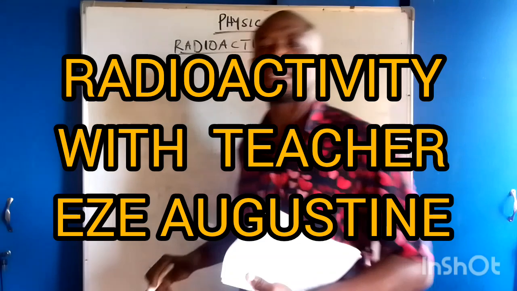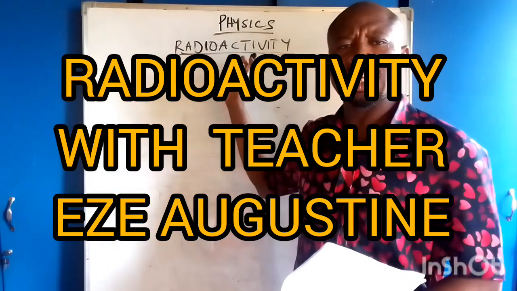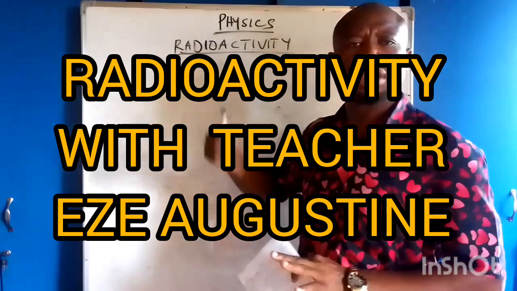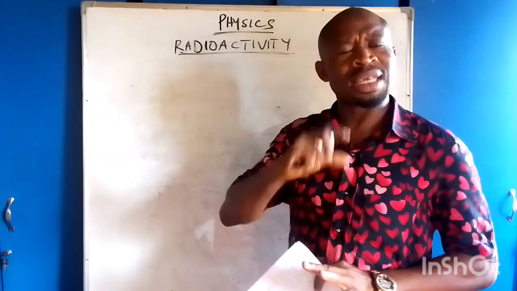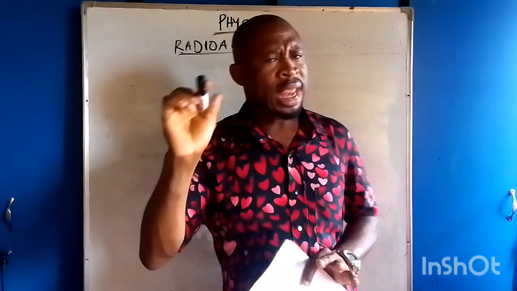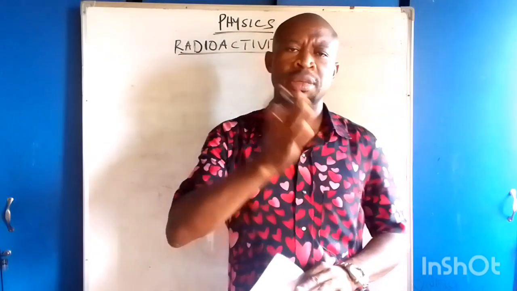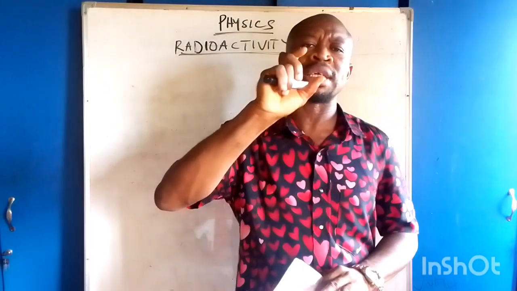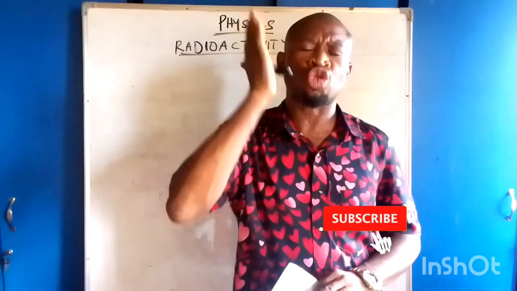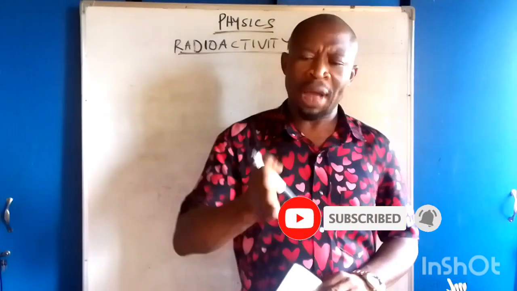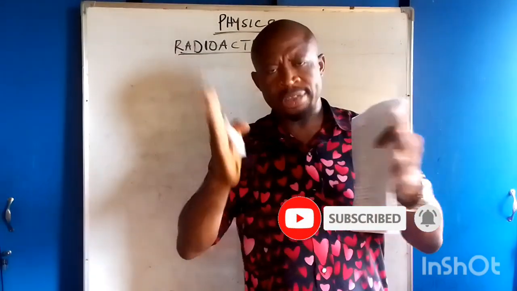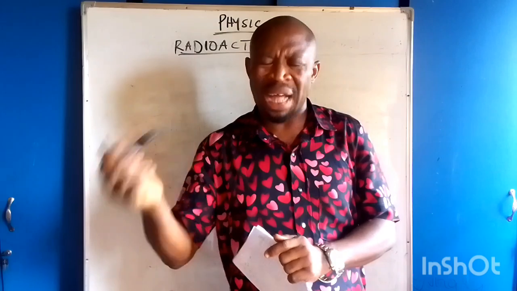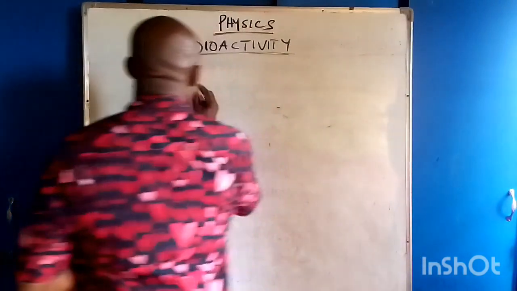Today I want us to look at the concept of radioactivity. Now, radioactivity simply tells us that there are certain materials that on their own split, because their nuclei are always unstable, so they split in order to achieve stability. As they split, they disintegrate into parts, and then they emit certain ionizing particles, and those particles are alpha